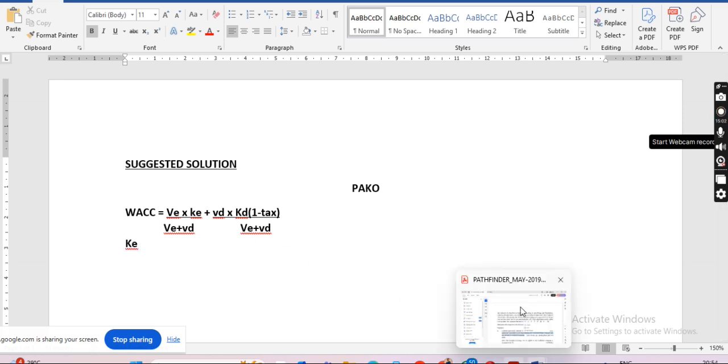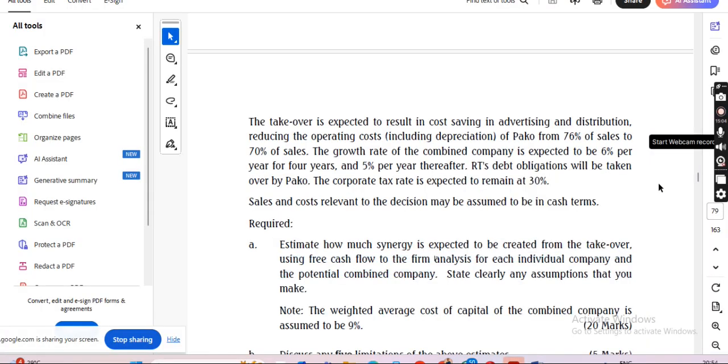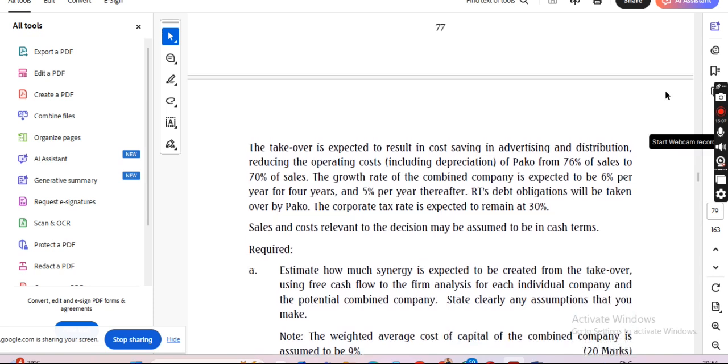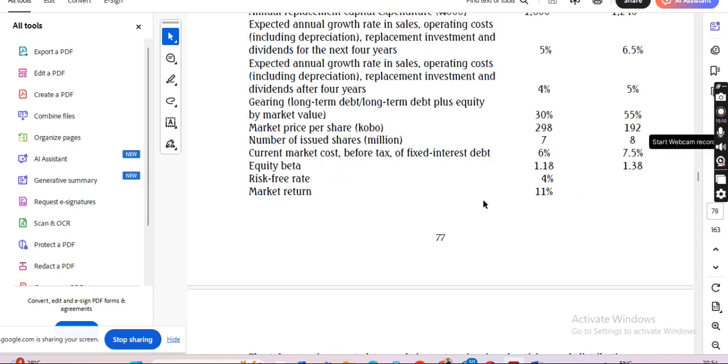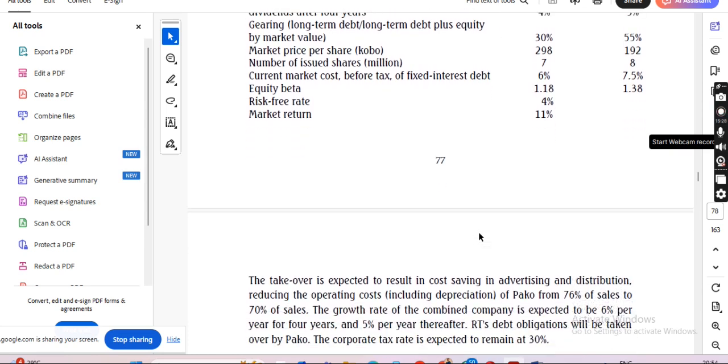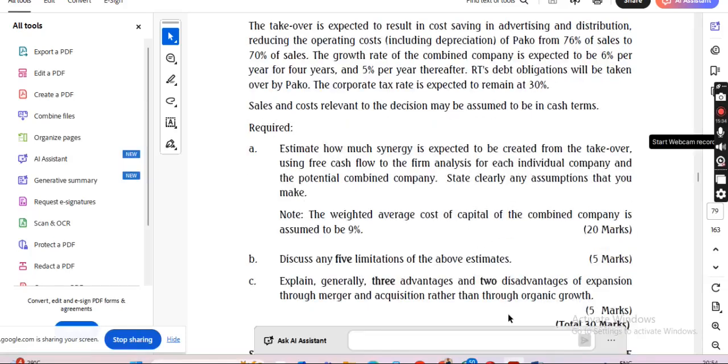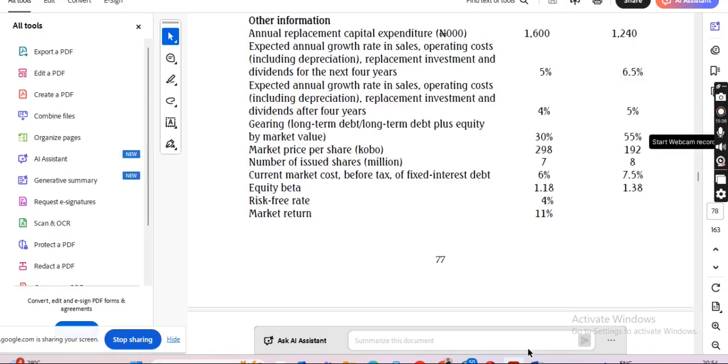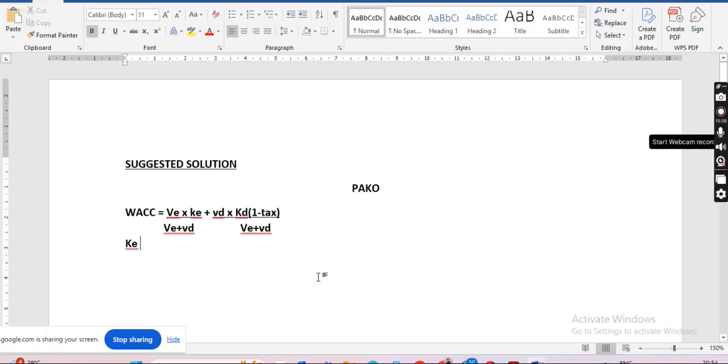Don't forget, in the question, market return is given. Risk-free is also given as well, right? Market return, risk-free, and equity beta. The first one is PACO, the acquiring company. ACT, the second company, is the acquired company, right? Equity beta, risk-free. Please take note of this equity beta, 1.18, risk-free, and market return, right? So equals to